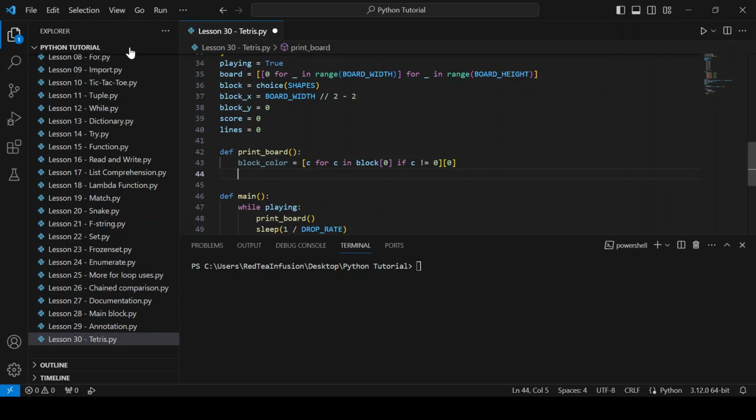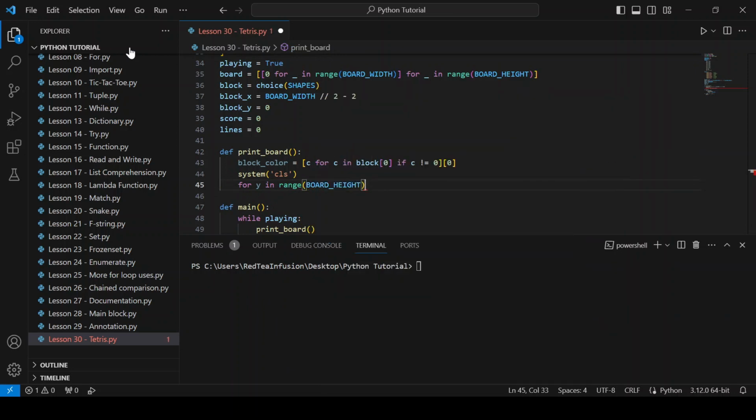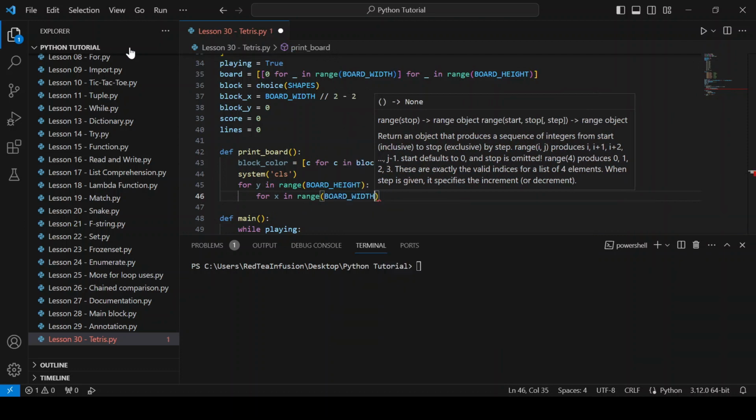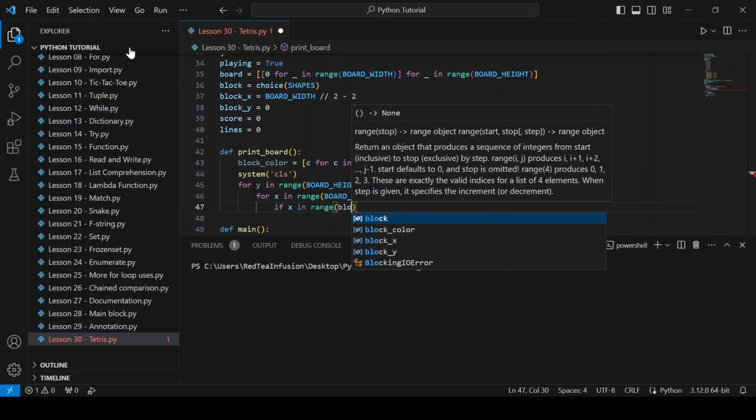Then new line, system("cls"). And then we can start the loop through the board: for y in range(BOARD_HEIGHT): new line, for x in range(BOARD_WIDTH): new line,